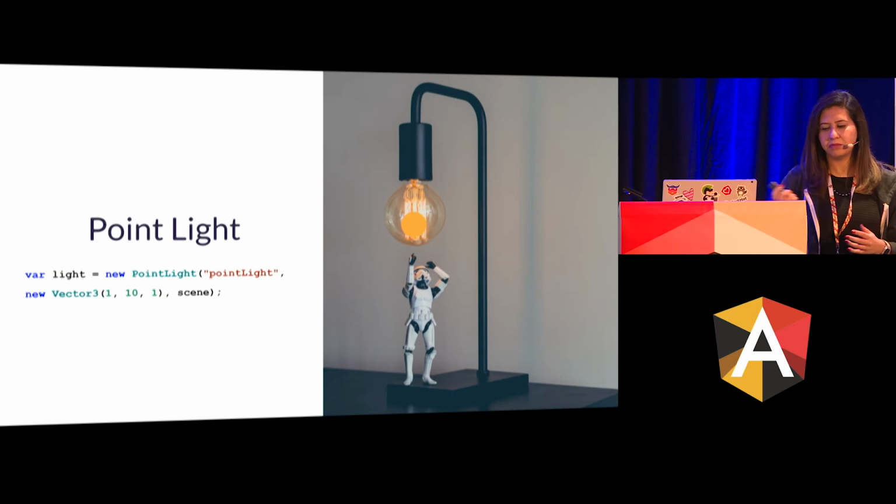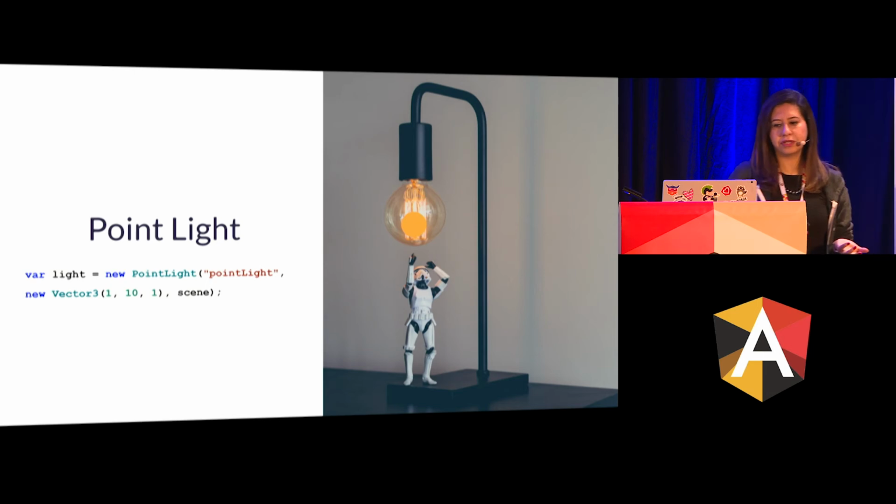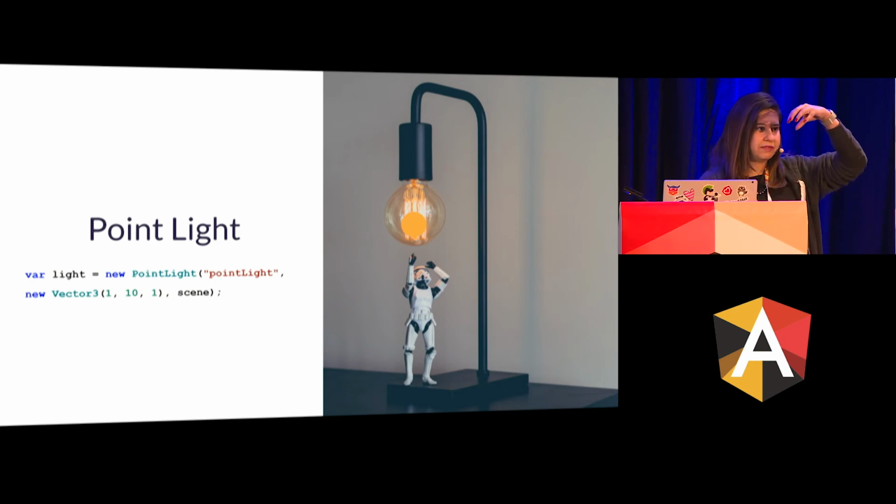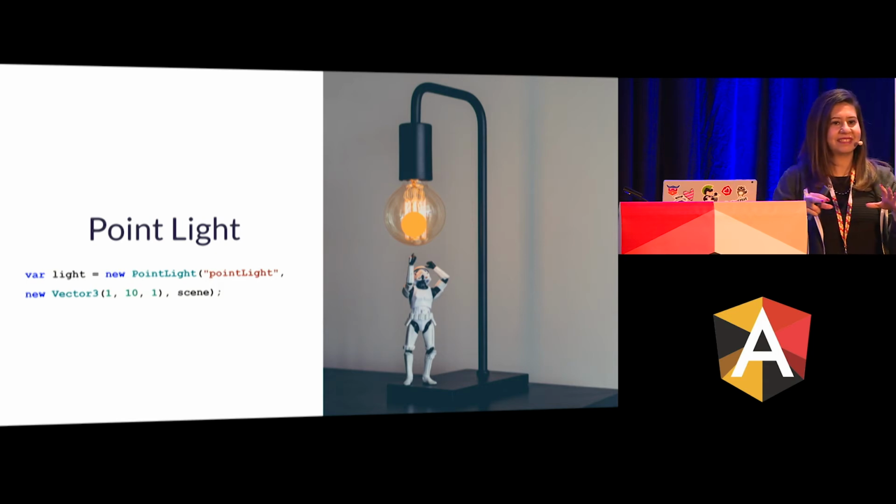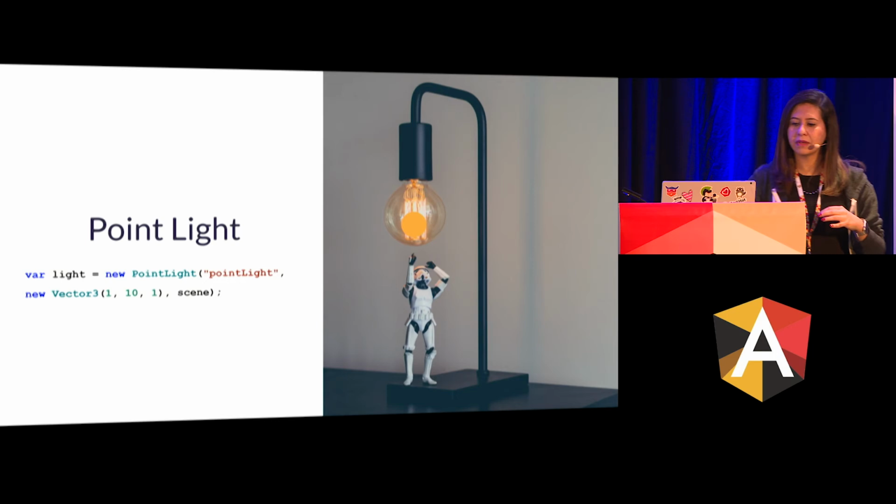One of them, judging by the name, point light, is a light that you just point to a specific place. And in order to create it, you of course give it a name, and then you give the position of where exactly it needs to point to, and then which scene, because you might have multiple scenes. Actually, if it's not a small demo, you normally have multiple scenes. So you should say that, okay, this light needs to be lit up on this scene.